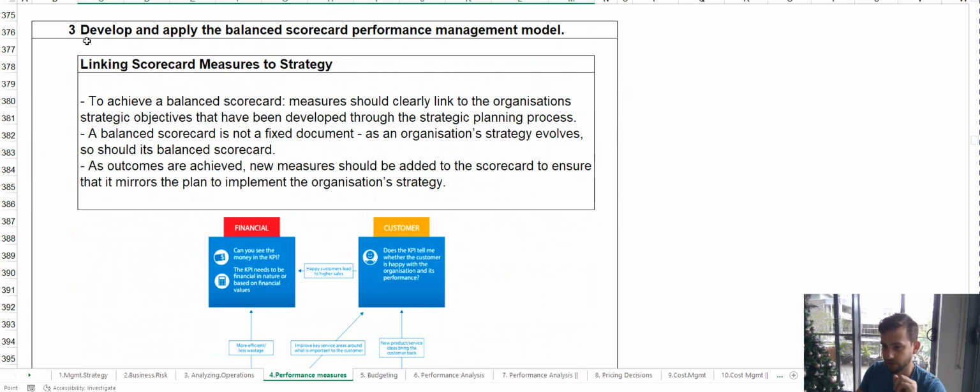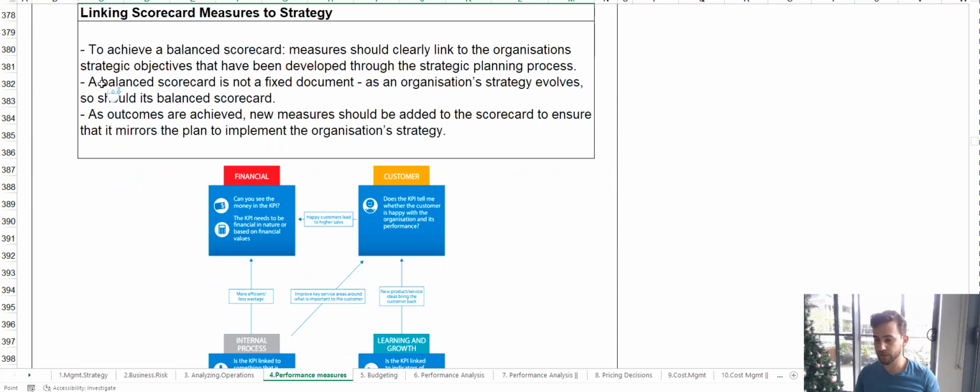Okay, so the final thing is develop and apply the balanced scorecard performance management model. So you have to link the scorecard measures to strategy. To achieve a balanced scorecard, measures should clearly link to the organization's strategic objectives that have been developed through the strategic planning process. A balanced scorecard is not a fixed document. As an organization's strategy evolves, so should its balanced scorecard. As outcomes are achieved, new measures should be added to the scorecard to ensure that it mirrors the plan to